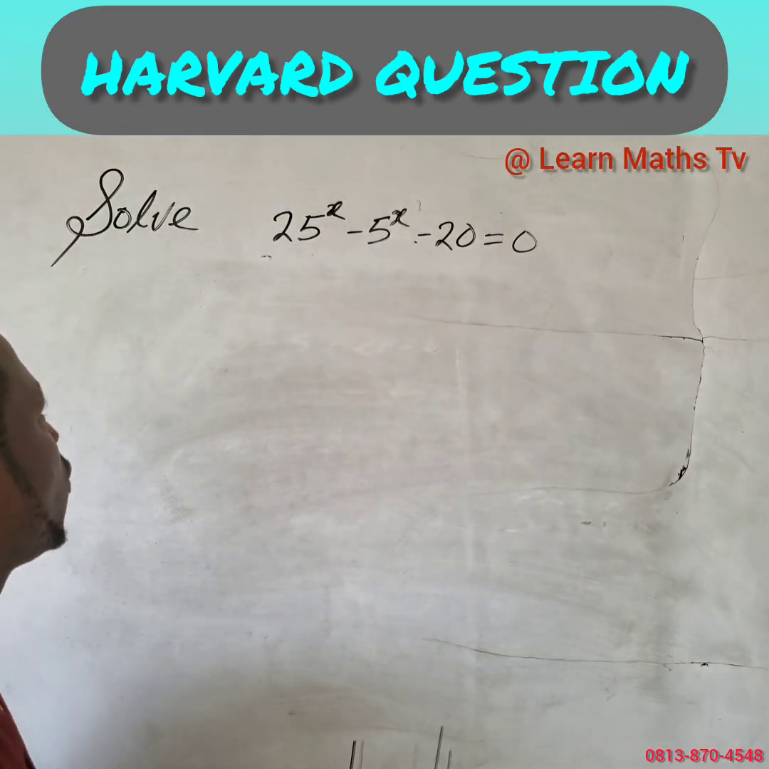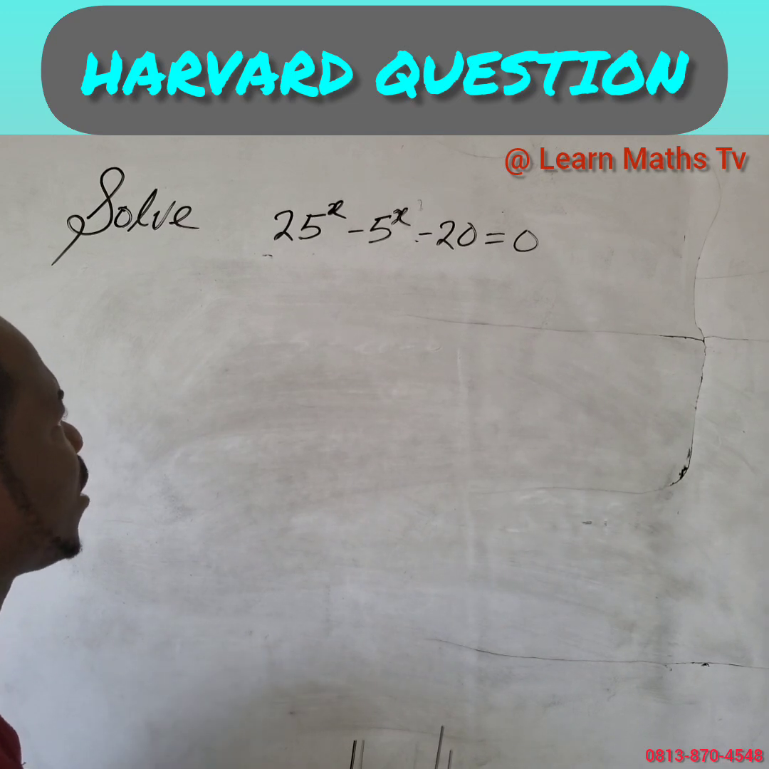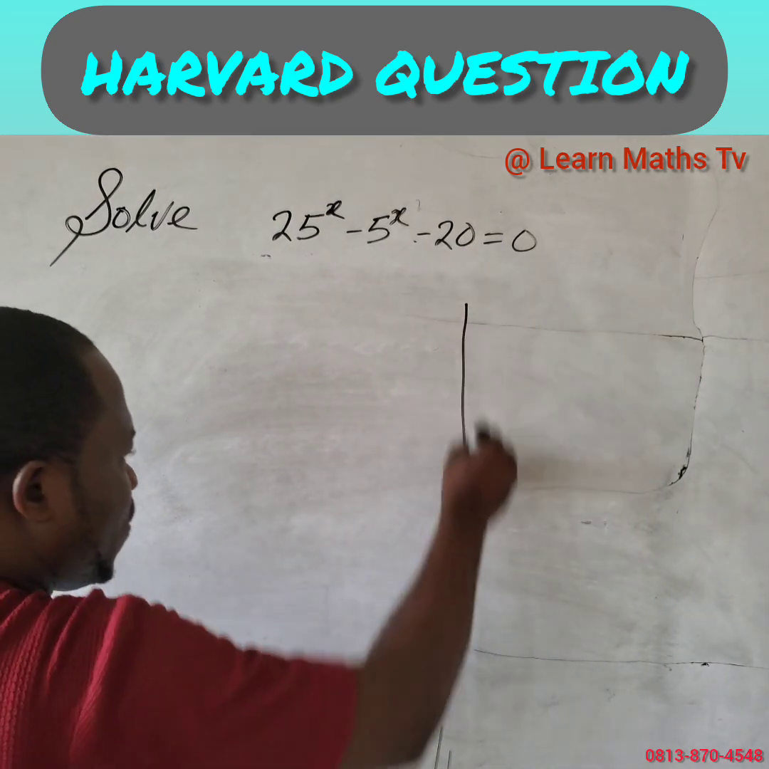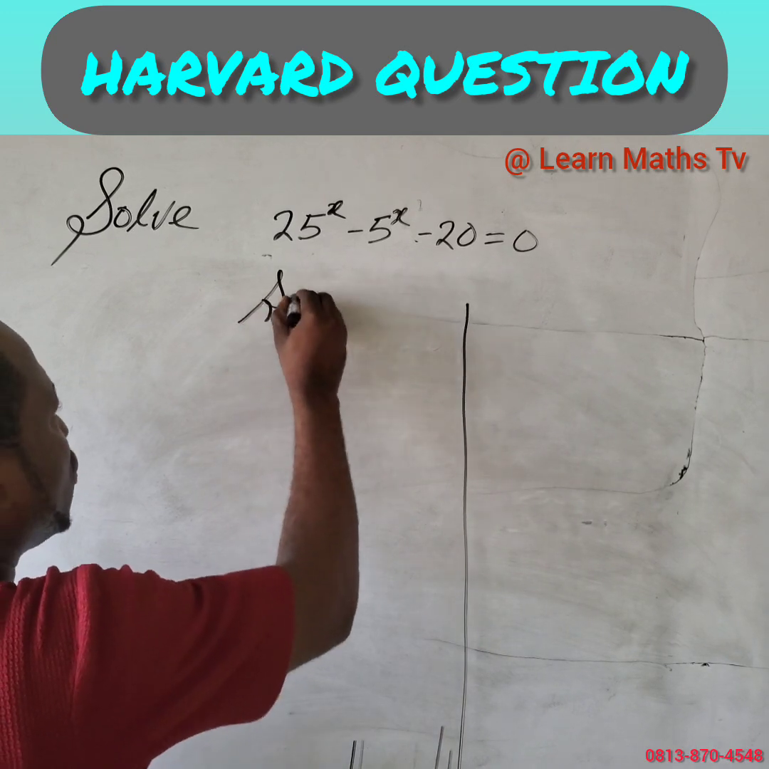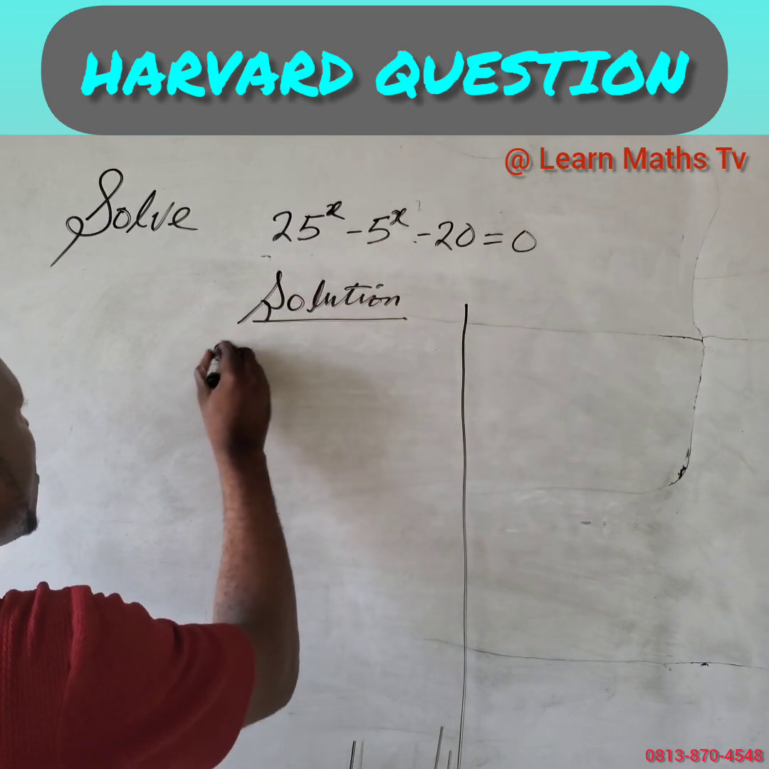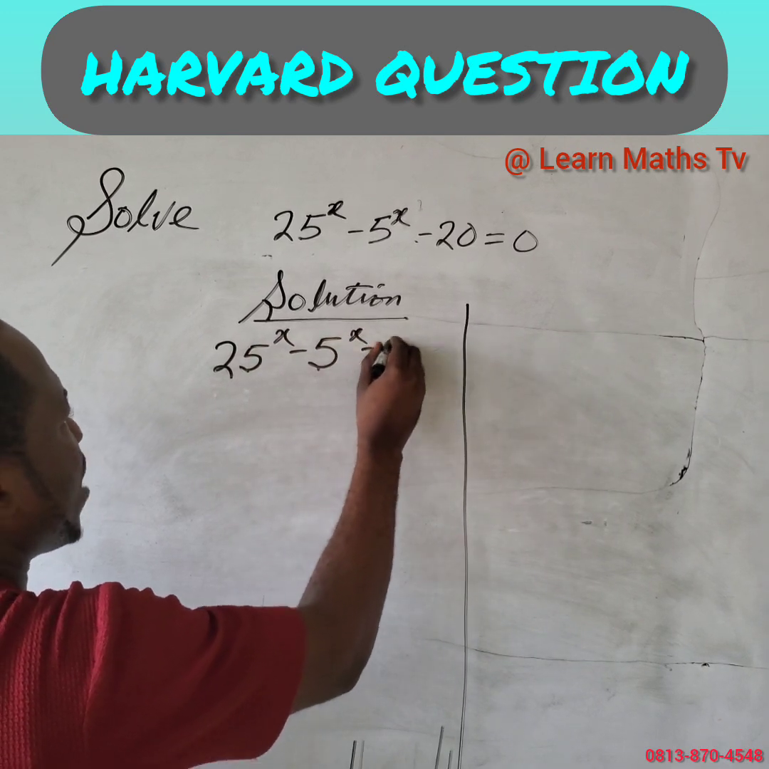Another Harvard question. We have: solve 25 raised to the power x minus 5 raised to the power x minus 20 is equal to 0. Permit me to divide the board into 2 and begin by saying solution. Repeating the question, we have 25 raised to the power x minus 5 raised to the power x minus 20